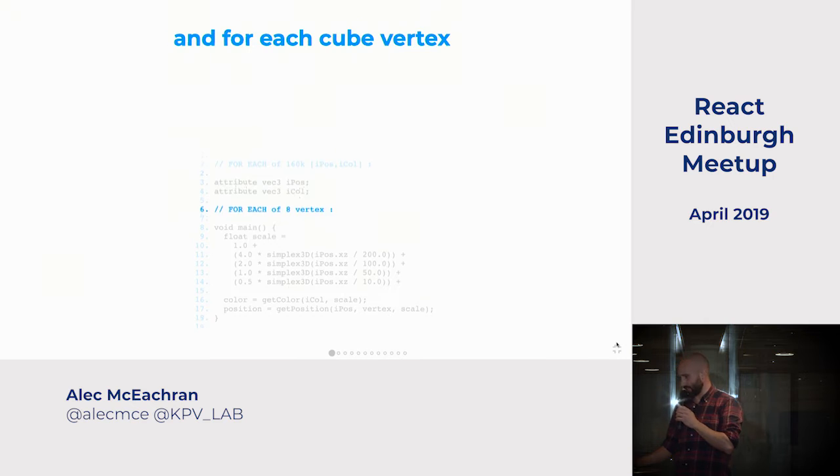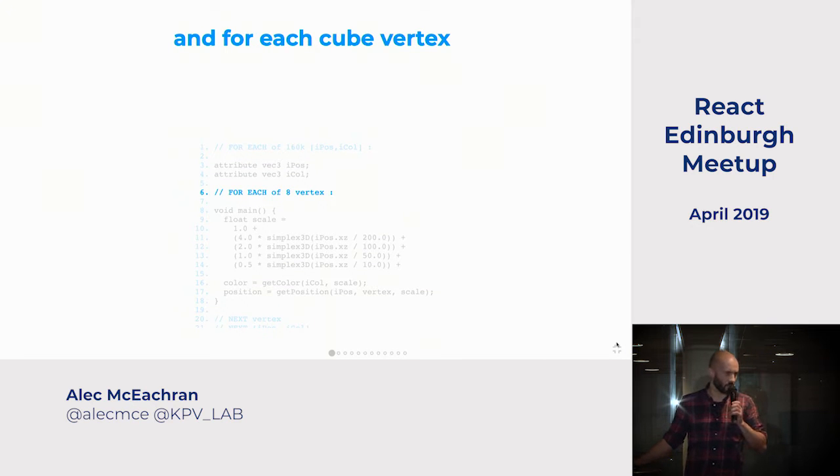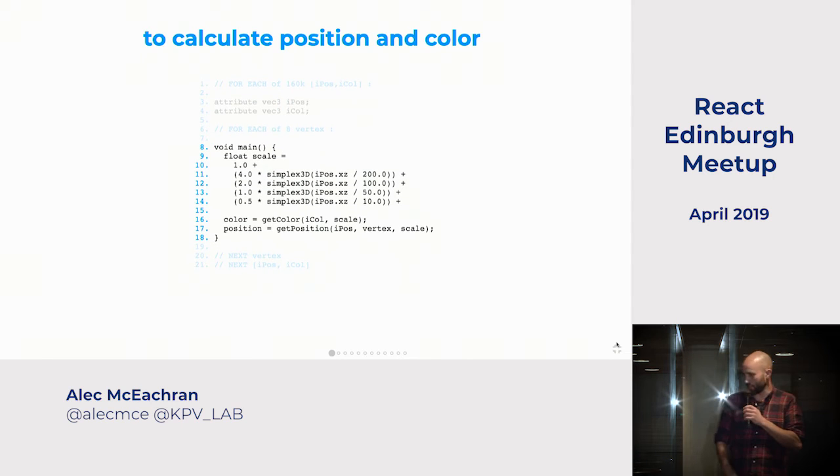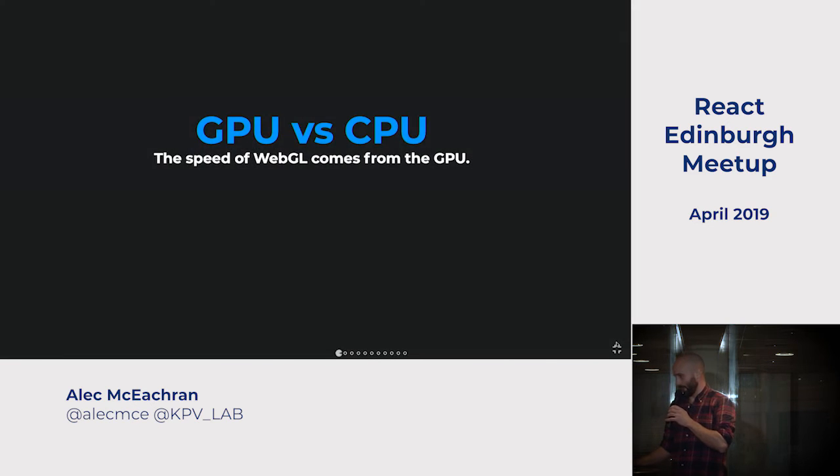And then for each of those 8 vertices, these 4 eaches are pseudocode, by the way, just in case anybody's curious. We're going to compute some simplex noise, and we're going to work out what height is at that position. I've removed the get color and the get position because the actual mechanics of that aren't that interesting for the purposes of the talk. But the point being that the GLSL is like this massive for loop that you only get to write the inside of. And so that's important for explaining why